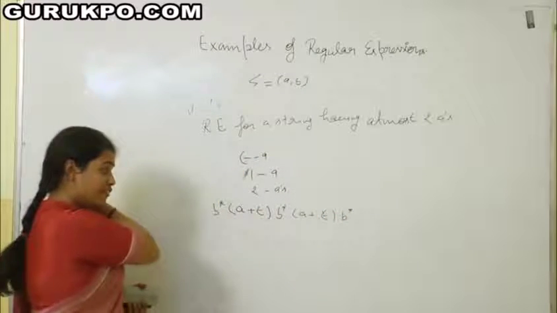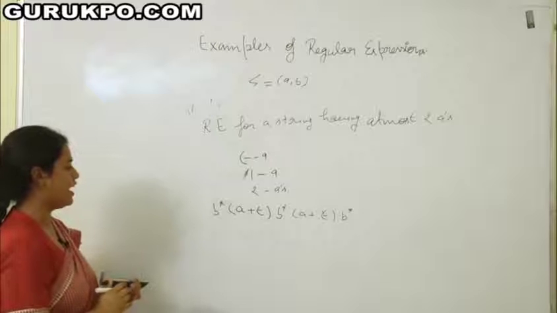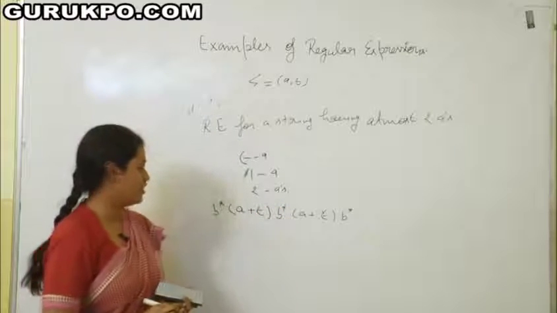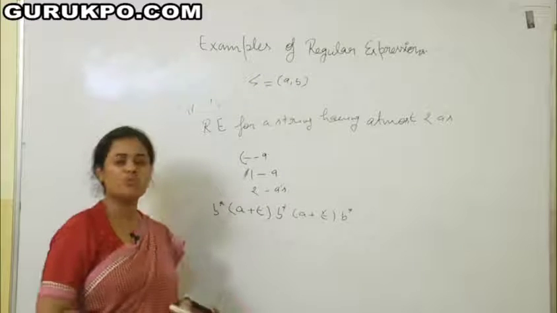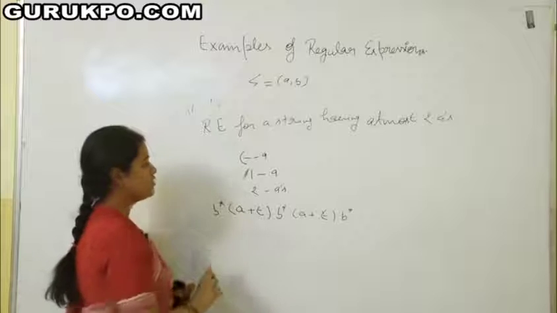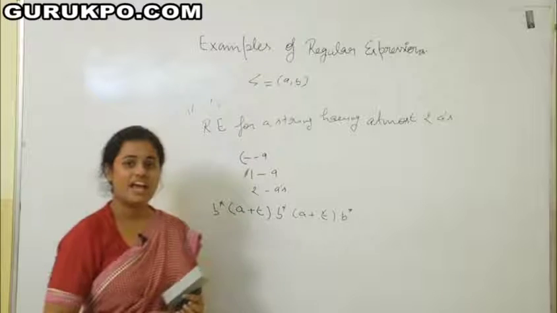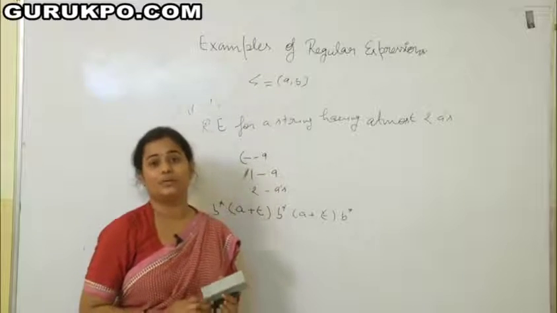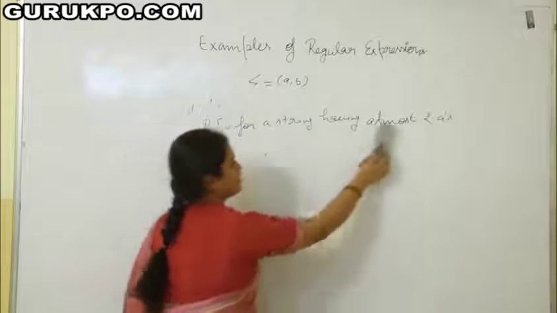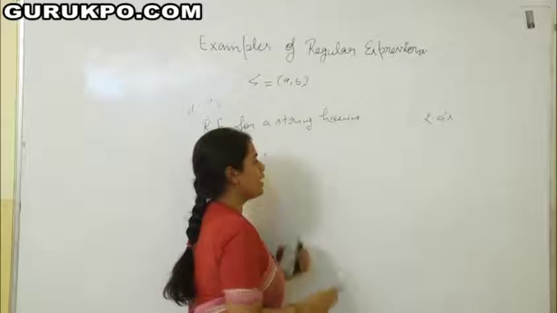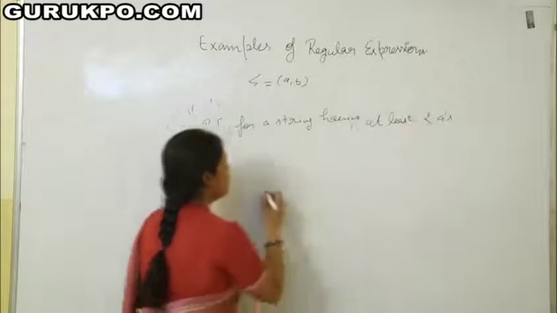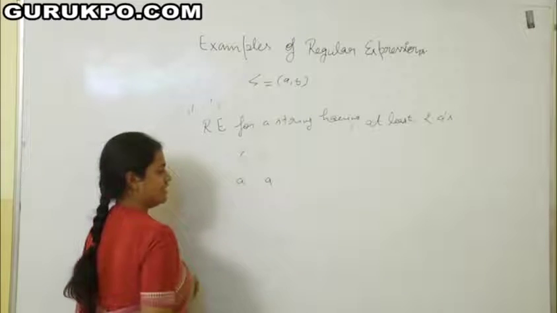In this way, we can find out the string having at most 2 A's. Whether you want to have the A or whether you don't want to have the A, it is very much clear. Suppose you want the string having at least 2 A's. At least 2 A's means minimum 2 A's are required and the number of B's can be more than 2.